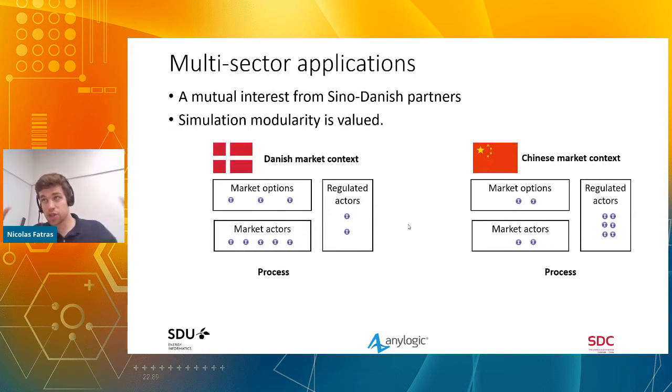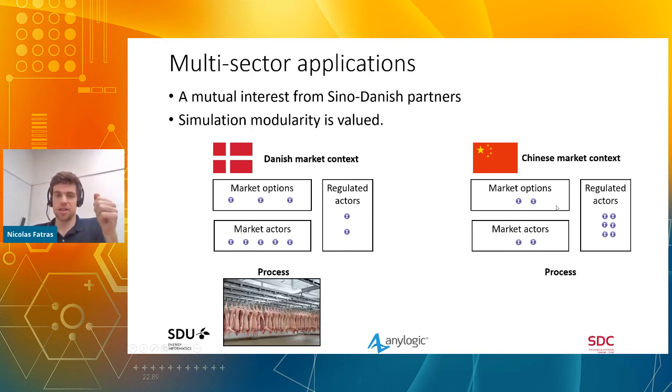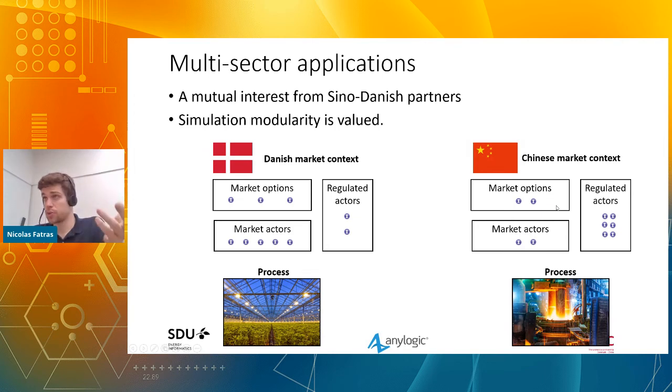Essentially, the larger aim of my thesis in general is to apply the simulation to a bunch of different industrial consumers in two different contexts, the Danish and the Chinese context, because it's a Sino-Danish partnership. And there you can really see the usefulness of this modular approach, because the two markets are quite different in structure. For example, a role assigned to a market actor in the Danish context will be applied to a regulated actor in the Chinese context. And in that case, you can just quickly switch the interfaces from one agent to the other, and then implement it to a bunch of different industrial processes, which could have some demand response.